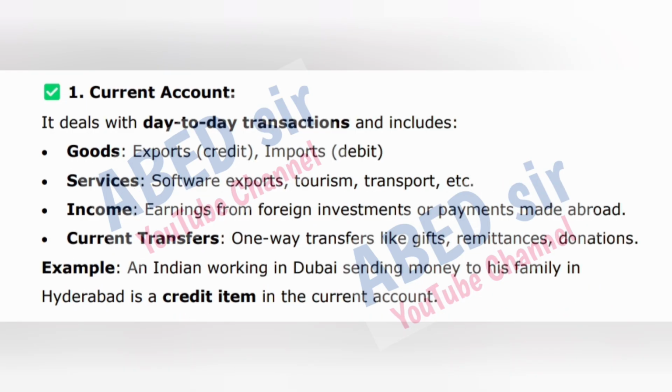1. Current account. It deals with day-to-day transactions and includes goods, exports, credit, imports, debit, services, software exports, tourism, transport, etc. Income, earnings from foreign investments or payments made abroad. Current transfers, one-way transfers like gifts, remittances, donations. Example: an Indian working in Dubai sending money to his family in Hyderabad is a credit item in the current